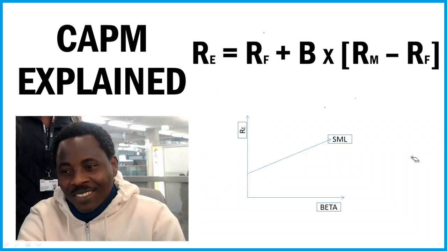So having said that, now we need to understand one more thing about our graph. Now we have a scattered graph. We call it scattered graph. Those that are beneath the SML, that is security market line,